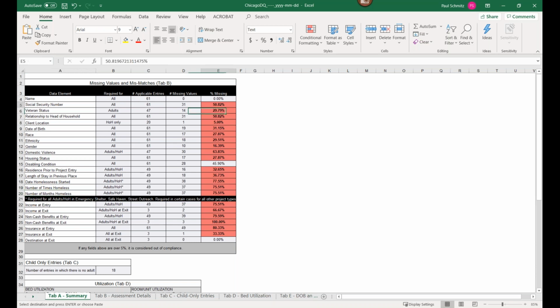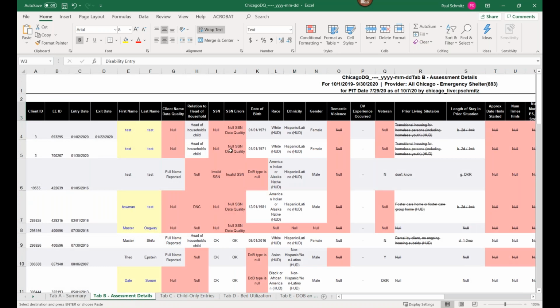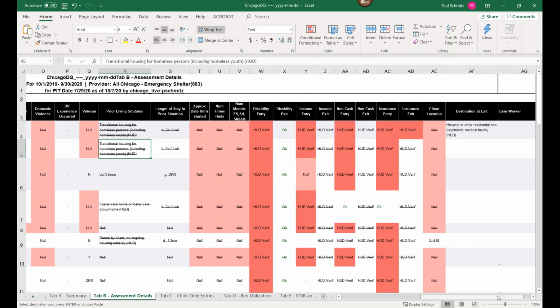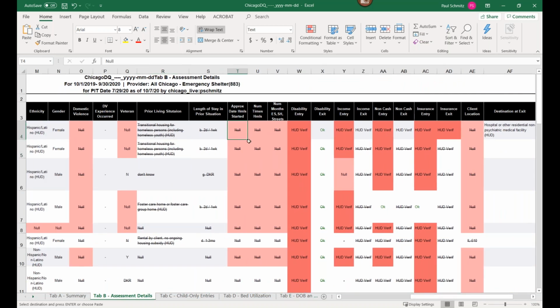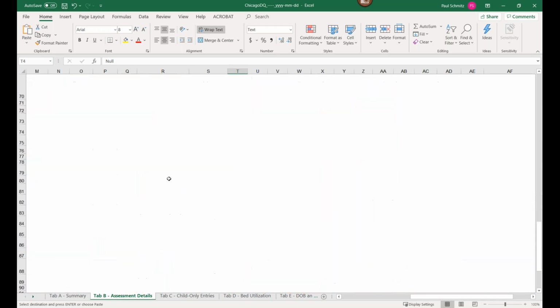None of your reports should look like this. This one's insane, because it's all fake clients that no one really finished making. But on this assessment detail stuff, the stuff that you definitely want to fix is stuff that doesn't have a strike through, right? Because that stuff is fine. It's not being looked at. The pink stuff, for the most part, let's go down to the